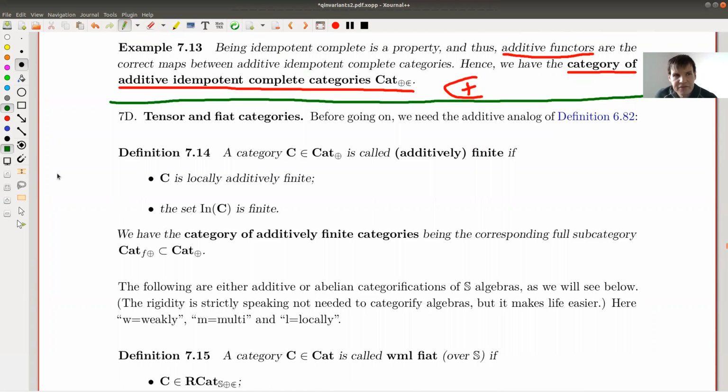I don't want to go too much into details. It's written, I hope, reasonably carefully in the lecture notes, and the lecture notes are in the description. So there will be some finiteness conditions, and usually if I write an F, then this means something like the categories with some finiteness condition. The reason I don't want to go too much into details in this lecture with respect to finiteness conditions is there's still a lot to say, and it's a bit tricky to remember what finiteness conditions you need for what kind of structure.